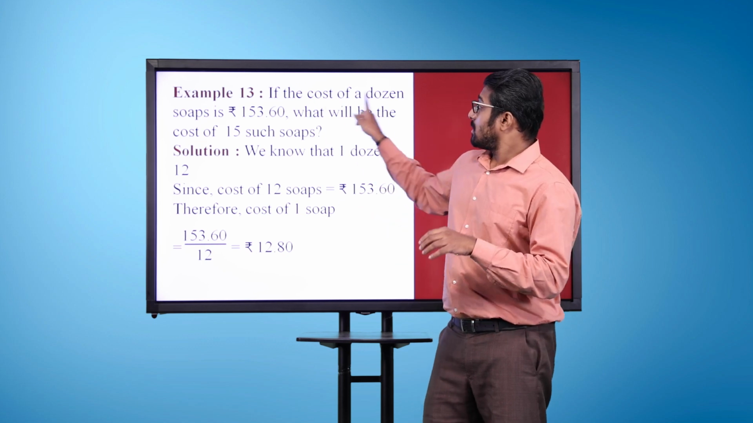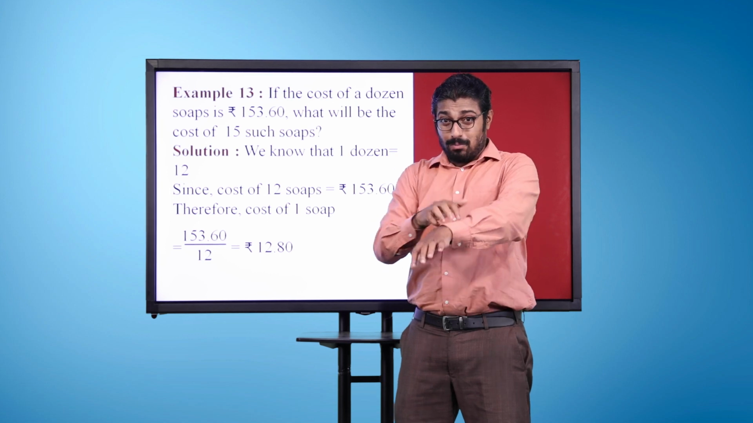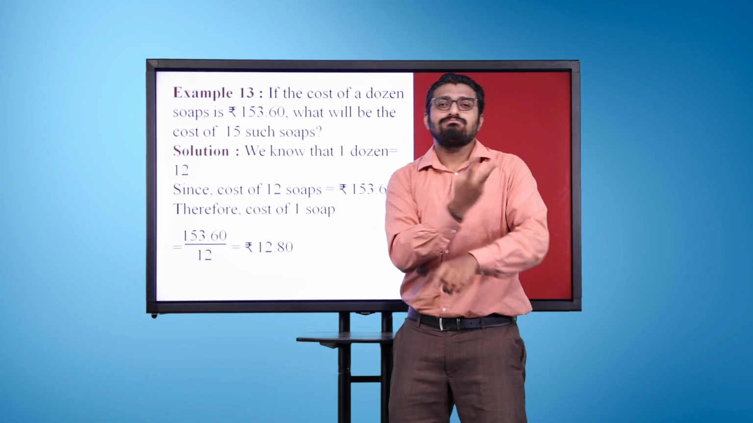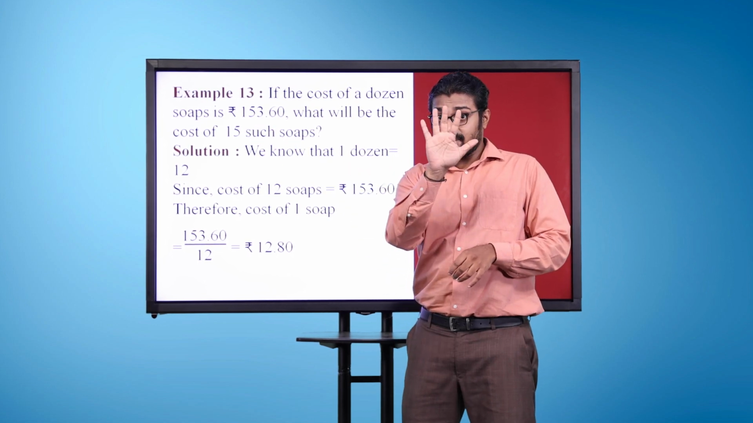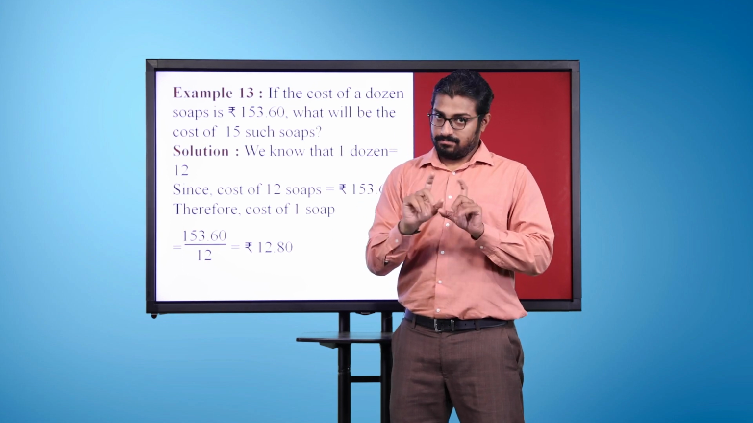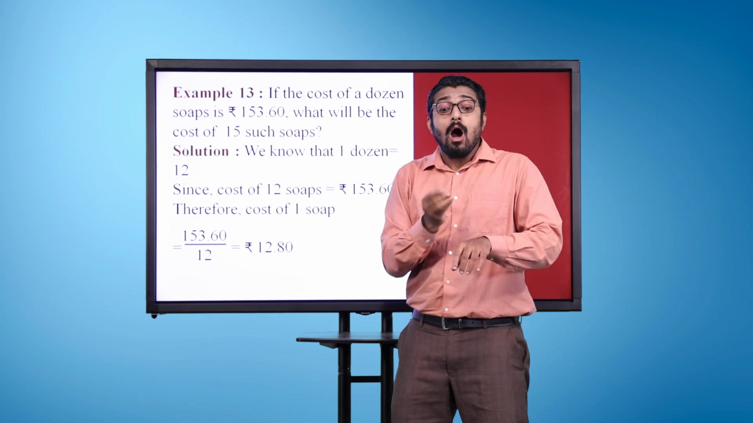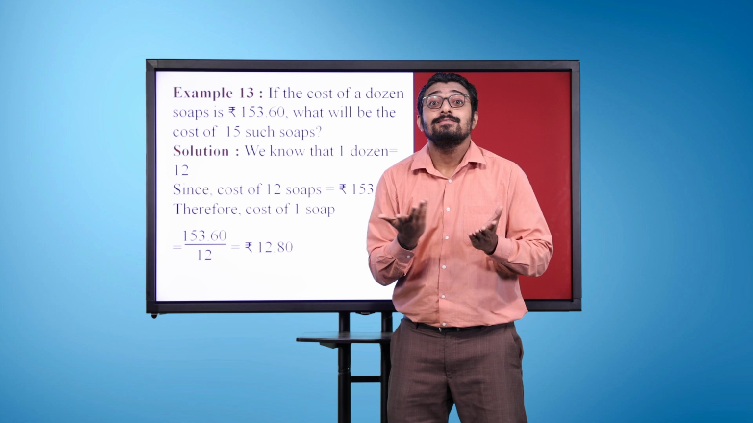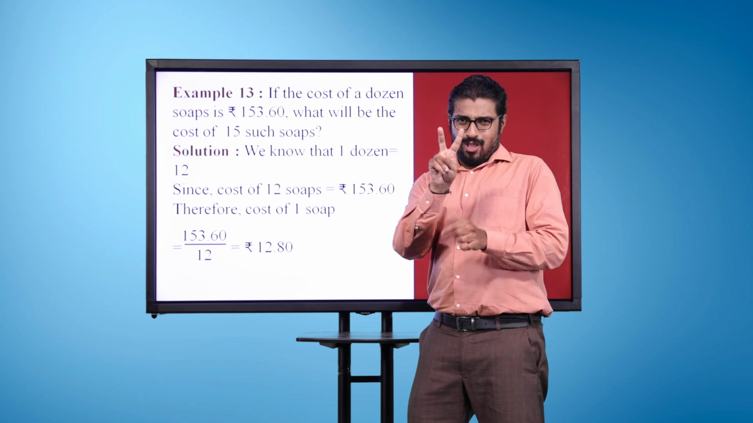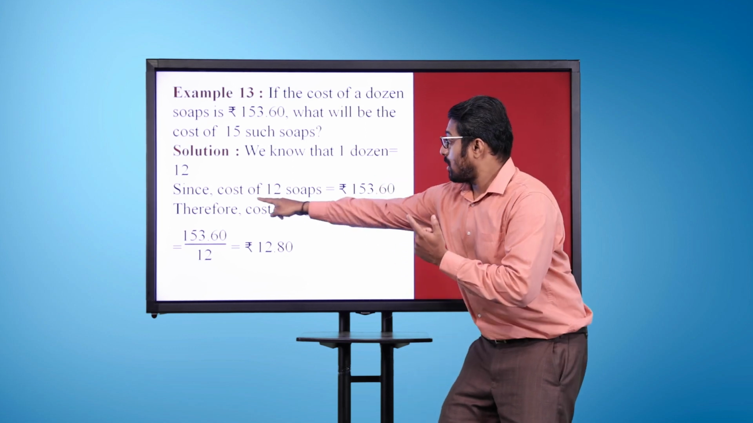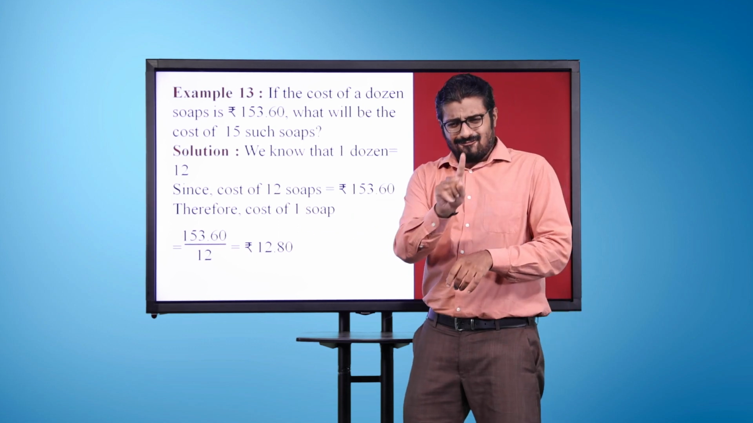Example 13. If the cost of a dozen soaps is 153.60 rupees, what will be the cost of 15 such soaps? Solution. We know that 1 dozen is equal to 12. Since cost of 12 soaps is equal to 153.60 rupees,